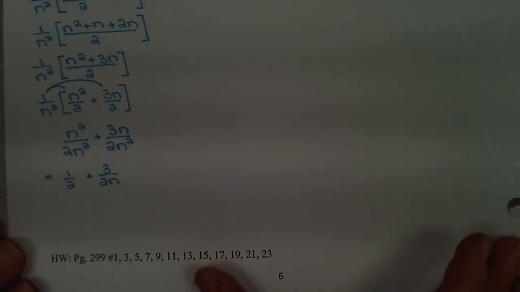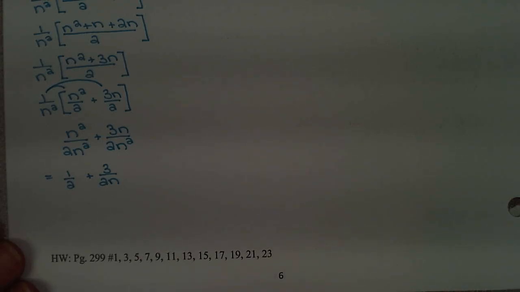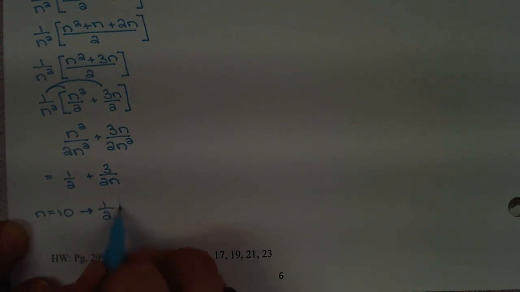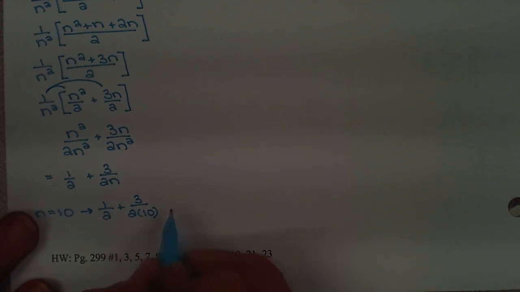So at this point, that's going to be our simplified formula if we wanted to figure out what this would be for any value of n. But for this particular problem, our n equals 10. So we're going to plug in and make that 1/2 plus 3 over 2 times 10, which would be 1/2 plus 3 over 20. If I found a common denominator, that would be 10 over 20 plus 3 over 20 to make 13 over 20. And that's going to be our final answer,